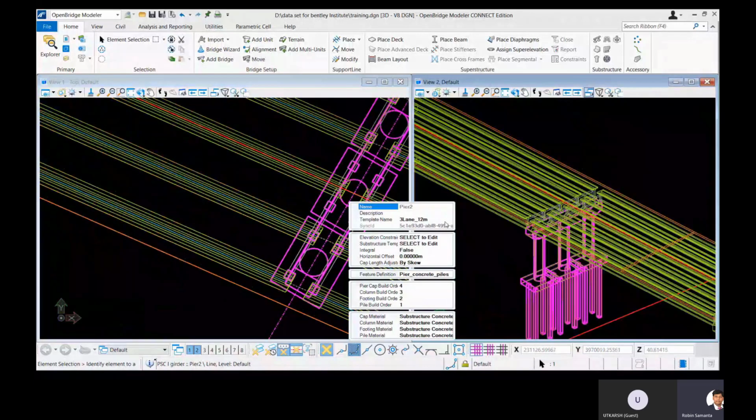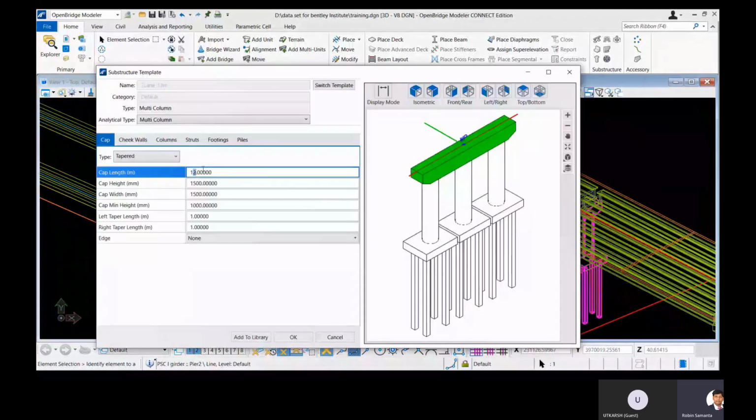You will get the option to edit this template, and then you edit this template with the dimensions. So for skew, as I mentioned, we will use 13.5-meter cap length and 2.5-meter width. That would be suitable for all the piers. And for straight, we are using 13-meter cap length and 2.5-meter width.